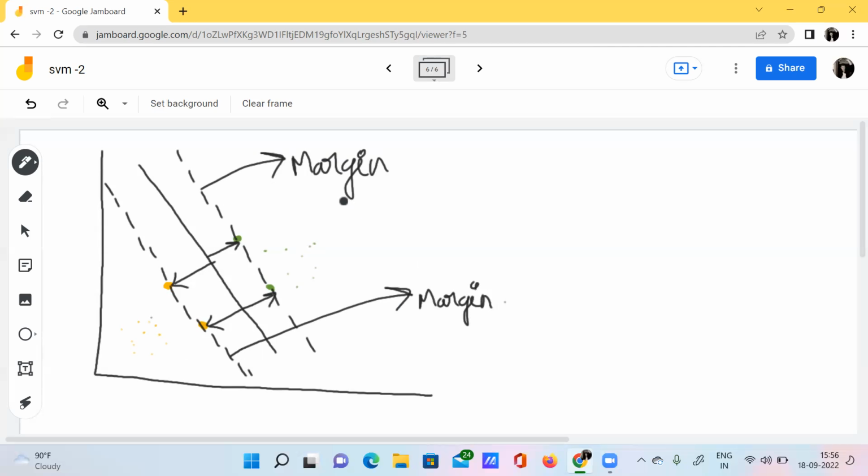We have got the word margin here now, but what is meant by the word maximal? So maximal, I'll say it here.